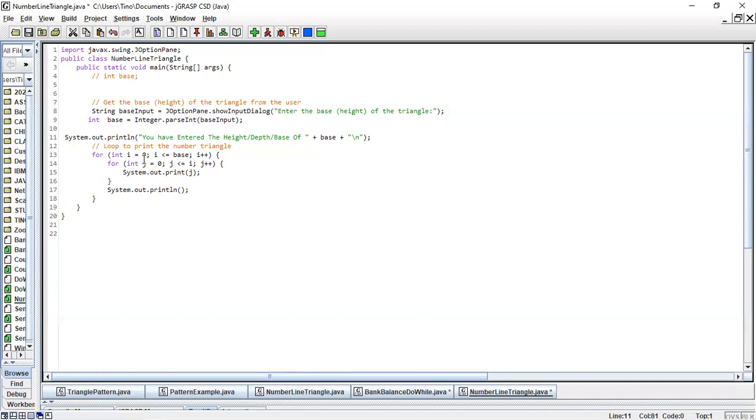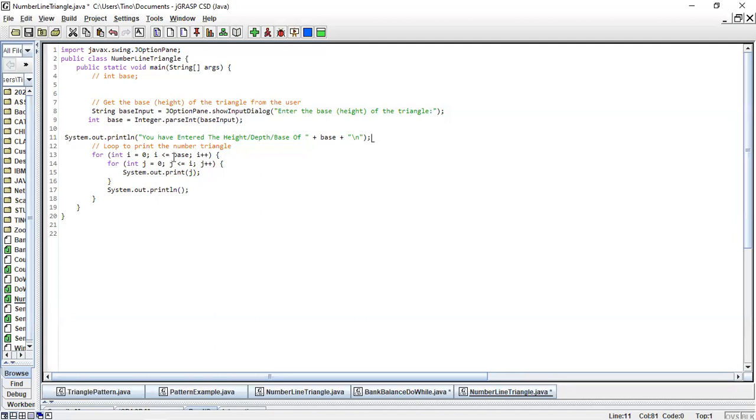You want to count from 0, or to iterate from 0. Remember, Java indexes from 0. Yes, you can start from 1, but in most cases it indexes from 0, right? Hence we say int i is equal to 0.